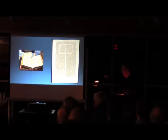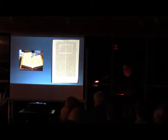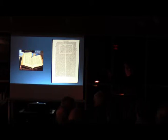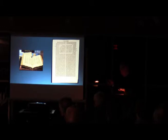Here we see a fully glossed Bible without the, and remember here, this is the gloss, but on the other side, the recto side, you had the commentary. Here you just have the gloss on either side of the text. And by the time of the 15th century, you can see that the glosses have become much easier to read and find. But what they've done is taken